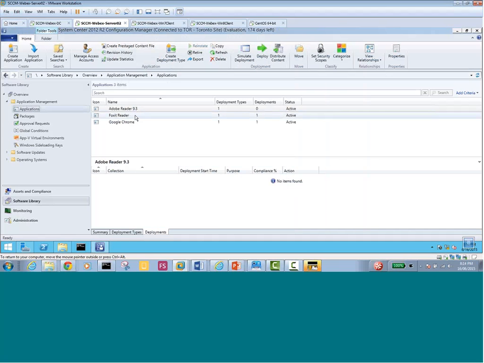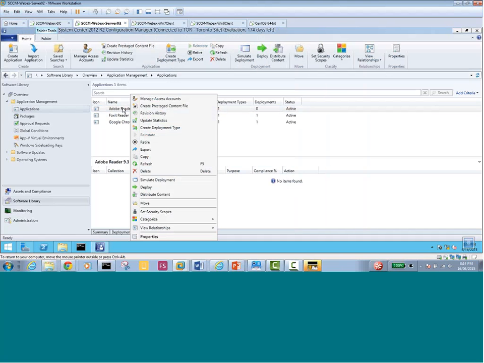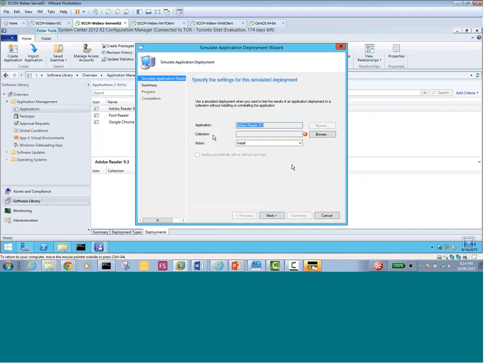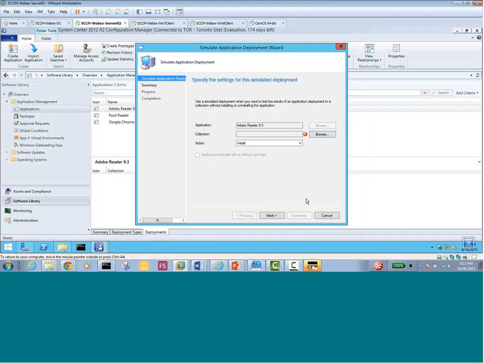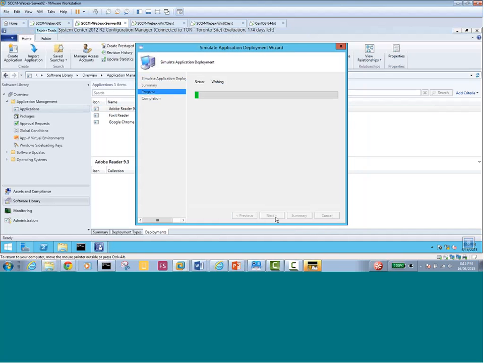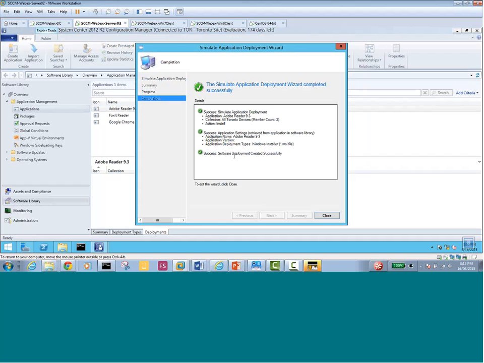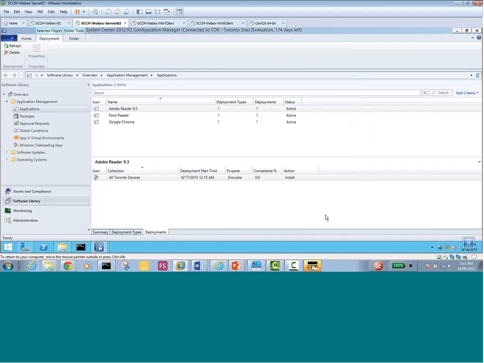SCCM now knows this application. Let's simulate that. So right click Adobe Reader and simulate deployment. I hope it does not give an error. Collection: I'm simulating this, what if I deploy it on Toronto devices. So simulation means what if. Press OK. Action is install or uninstall. Okay, install. Next. And next. And success, simulate application deployment. If we click close,